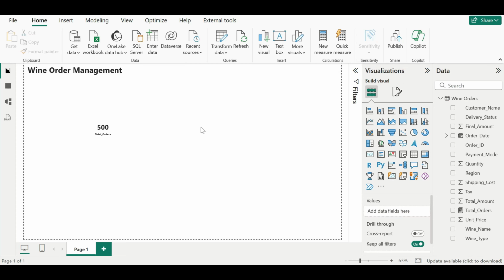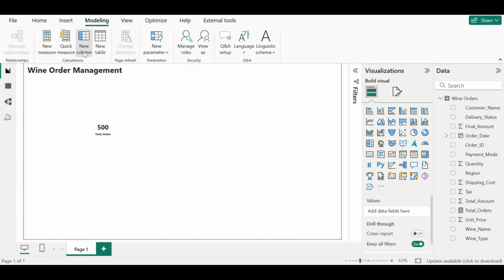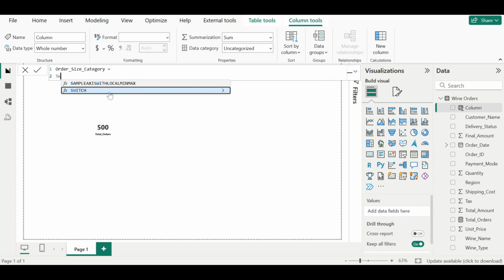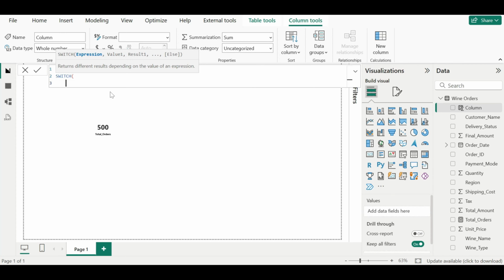To create a new column of order size category, go to the modeling, take a new column on the ribbon. Order size category equals. Use the SWITCH function, TRUE, comma,